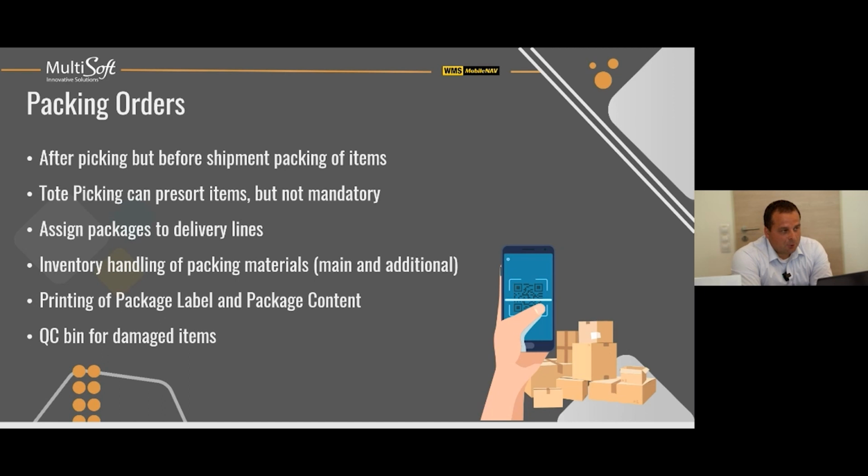the package label, which will be a unique identifier for the package itself. This can help during the packing process. So if you need to stop it for a certain matter, or you would like to assign the delivery lines one by one, then you can also use this internal package number for assigning the package to the delivery lines. And you can also print out the package content, which is basically a paper which will contain